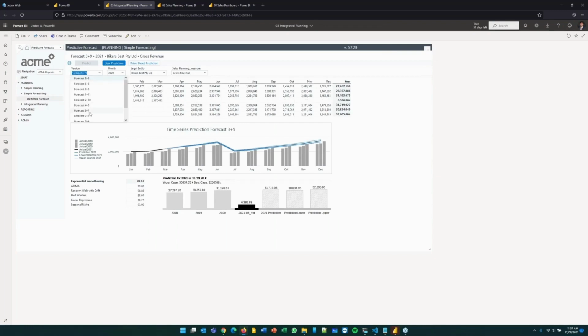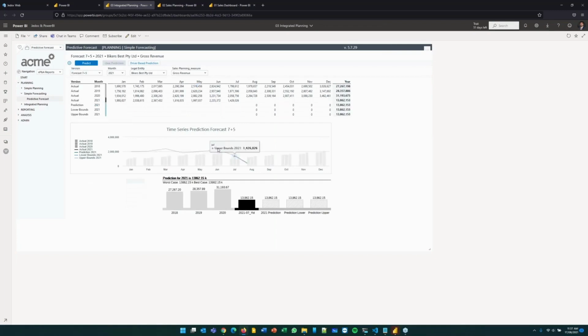And in this case, I'm going to choose the 7+5. So you can see we have history of data. So we have 3 years of data. We are in July. We are in August, but we closed the month of July. So I want to predict, given the history that I have, what's going to happen in the future. So I just simply define a few drivers, set it up in the background, and I can